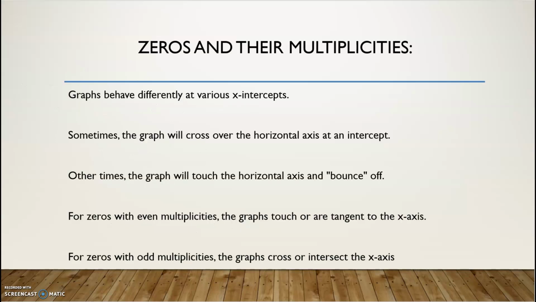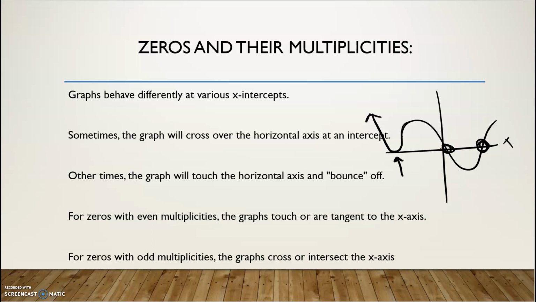Now let's talk about zeros and their multiplicities. So graphs behave differently at various x-intercepts. And remember, an x-intercept is where the graph crosses over the x-axis. So that's an x-intercept. I have 2 right there in that function. Sometimes the graph will cross over the horizontal axis at the intercept like it does here and here. Other times it will touch it and then bounce off of the horizontal axis, or the x-axis, like it does